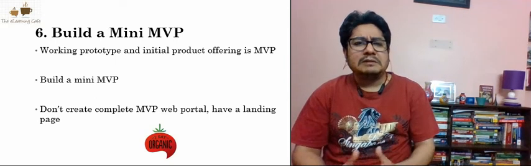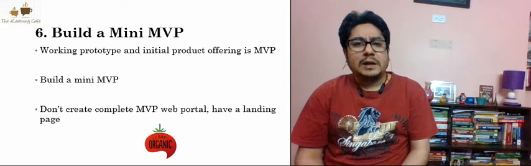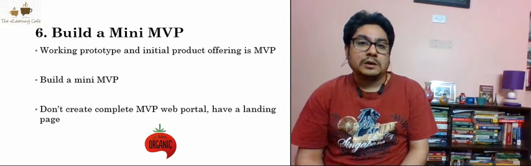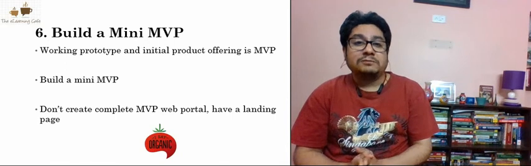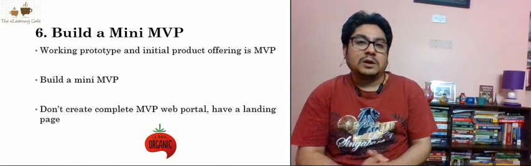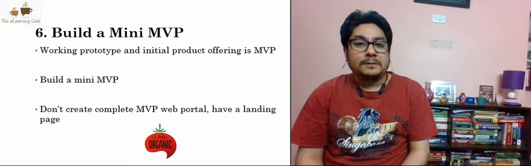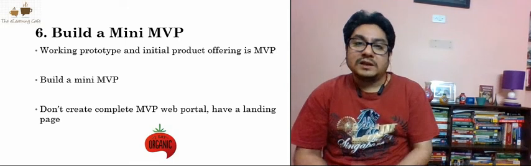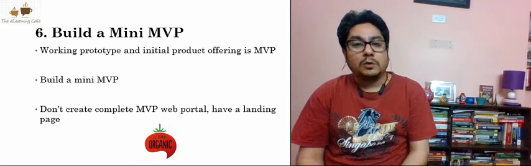So they built a very basic website, and they even set up a team of telecallers, and gauged the interest level of the first 1,000 odd customers. And only when they got the validation from that basic portal, then they went ahead and created the whole web portal wherein they were selling the organic fruits and vegetables.